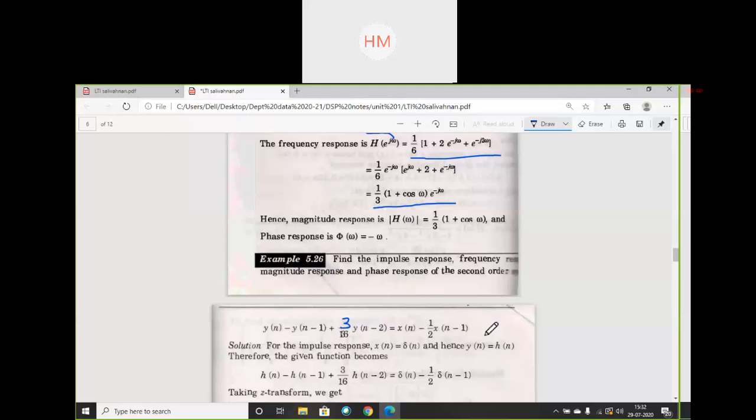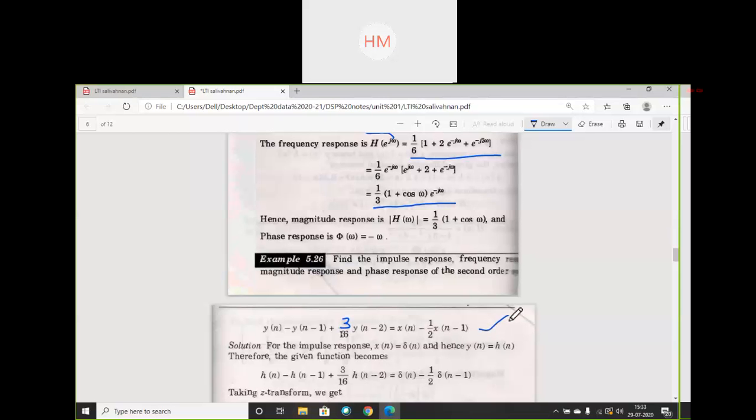This numerical is having everything in it. Nothing more than this will be asked in your LSI systems. So it will clear all your concepts over here. This is the equation given to you. We are simplifying it together, because otherwise it will become difficult, and later nothing will make sense. If you do it along with me, all the concepts will become clear.